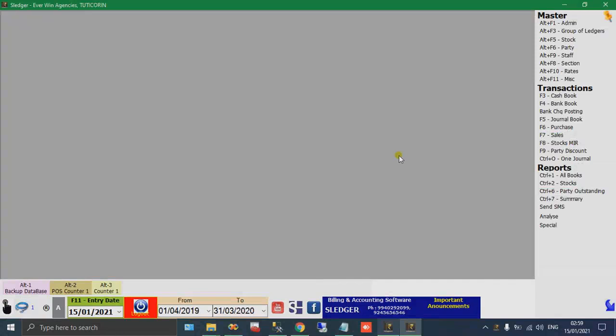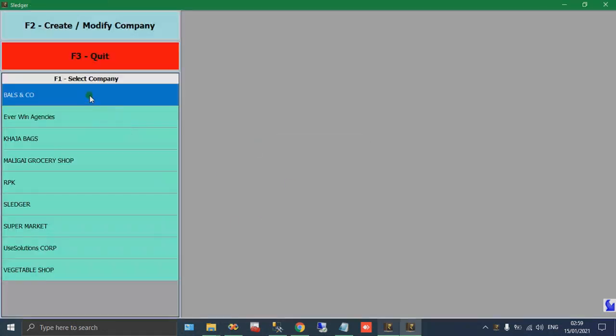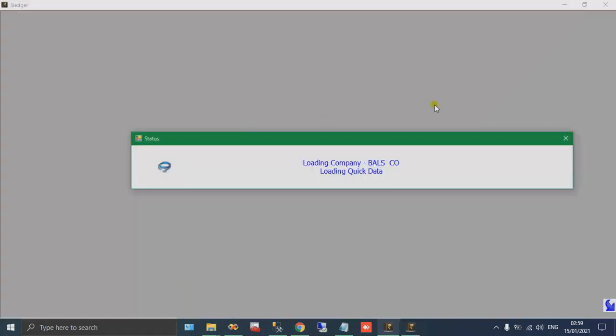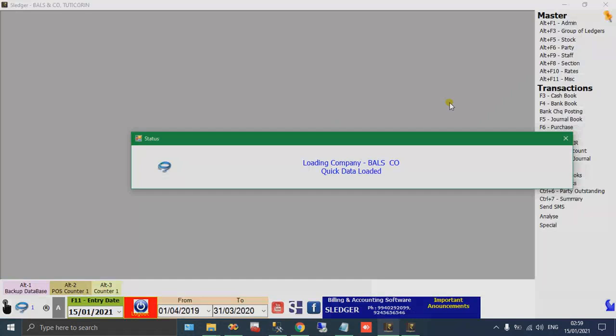So come to admin menu and application settings, and right side to the cancel exit button there is a blank space here now. Yeah, pink color space it is here. So just right click your mouse in this space and you could see Everwin agency there and copy settings to above company.